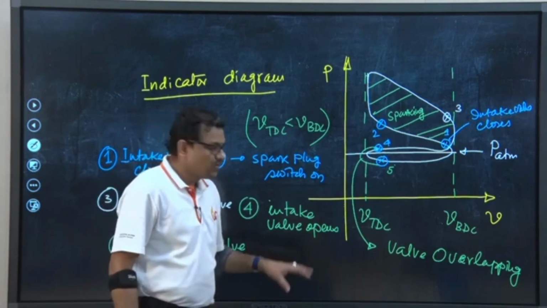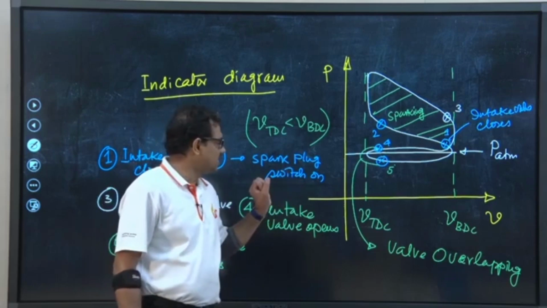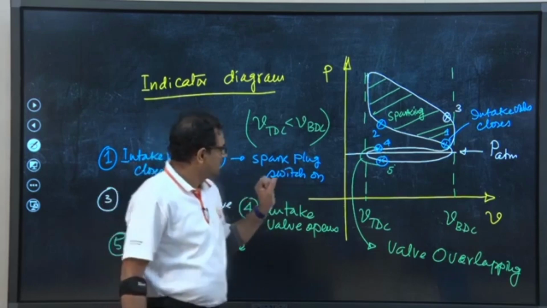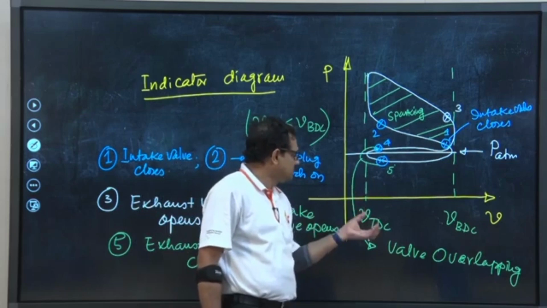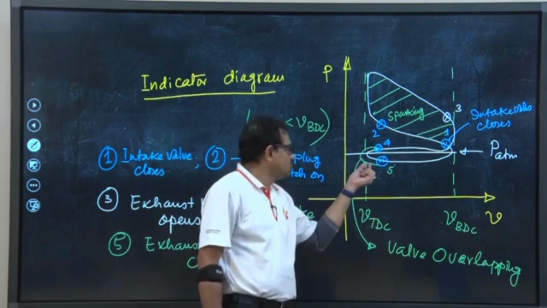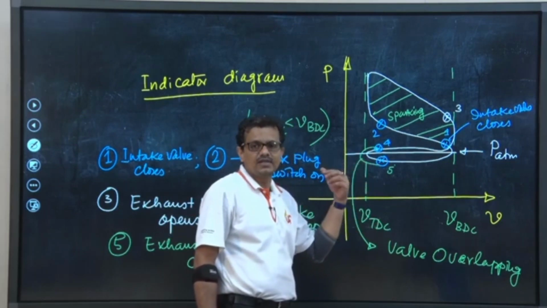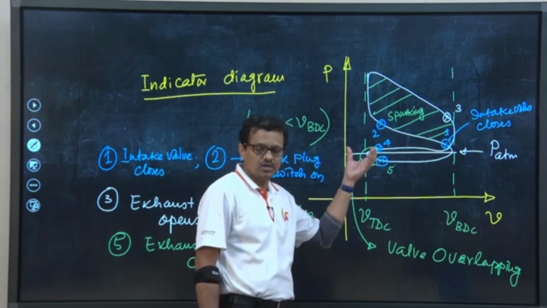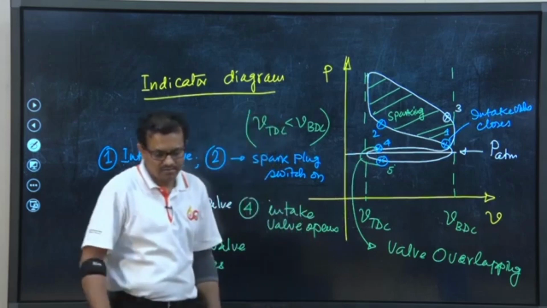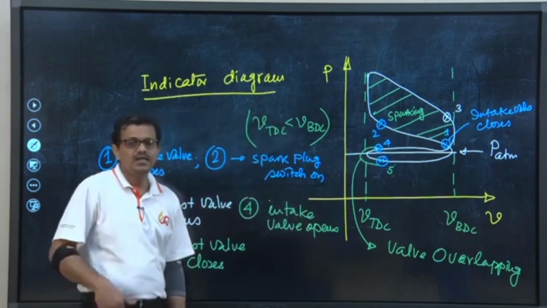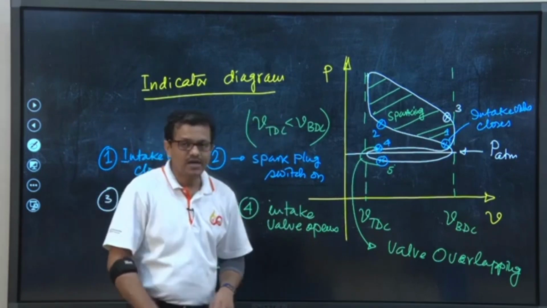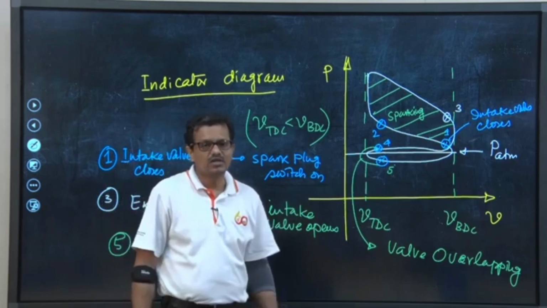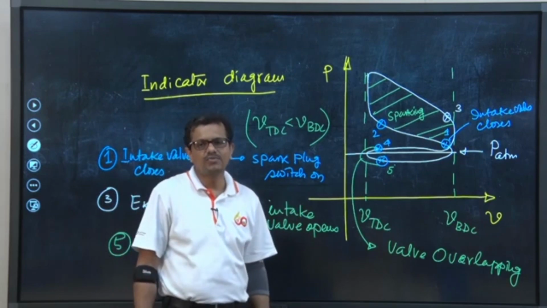So, we have discussed this indicated diagram, and it is quite interesting to see that there is a zone in which both valves are remaining open, and we have discussed the need of allowing both these valves to be opened in this particular zone, and this is known as the valve overlapping